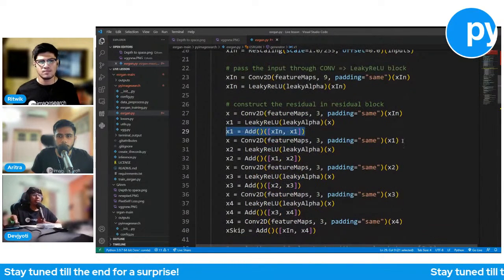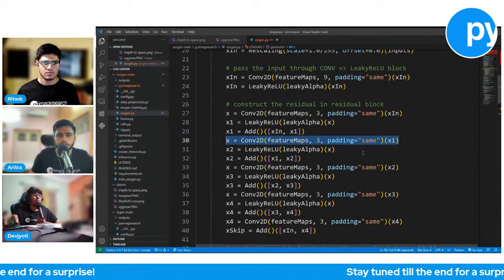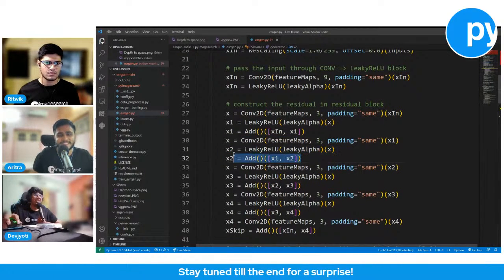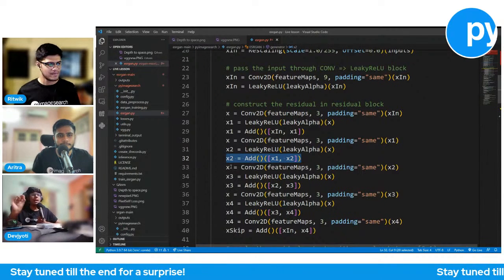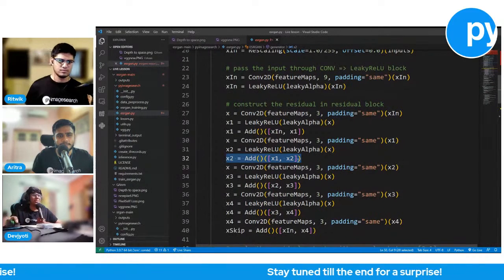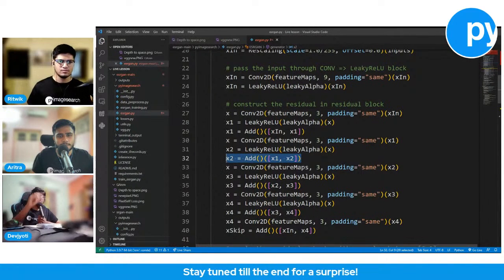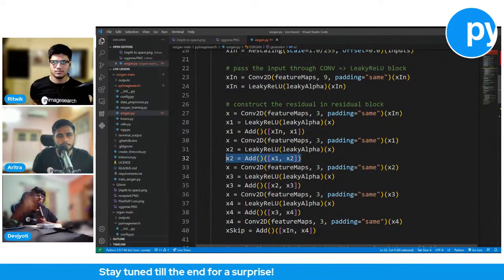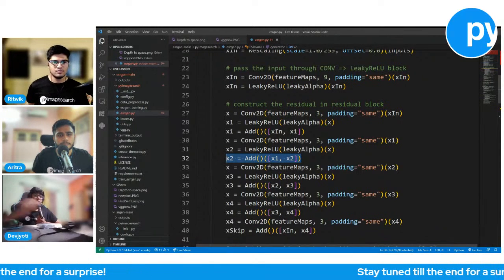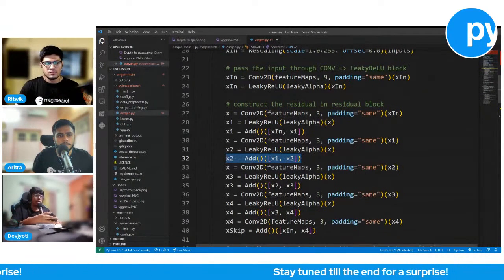So we are giving it a Conv2D layer, a leaky ReLU layer, and then again adding it. I'm just going to call it LR layer for now, so please bear with me. So instead of the outputs going to all the subsequent inputs, we are just sending it to the directly next one,